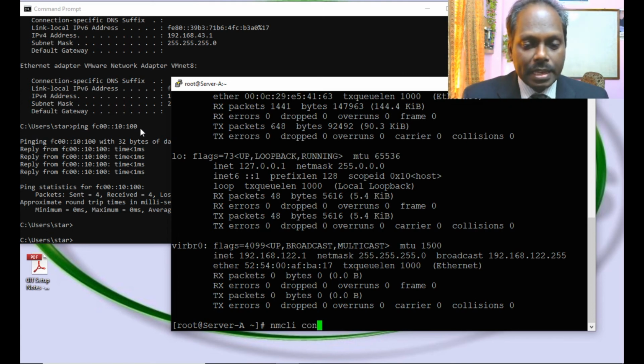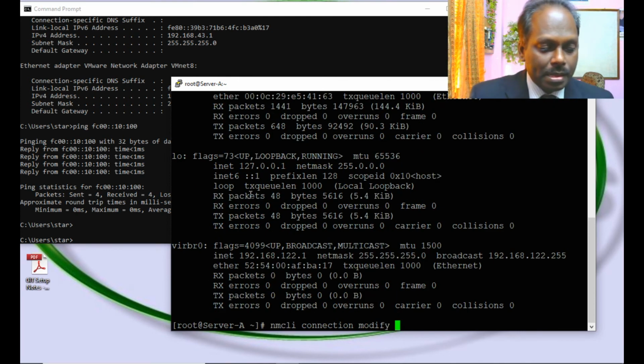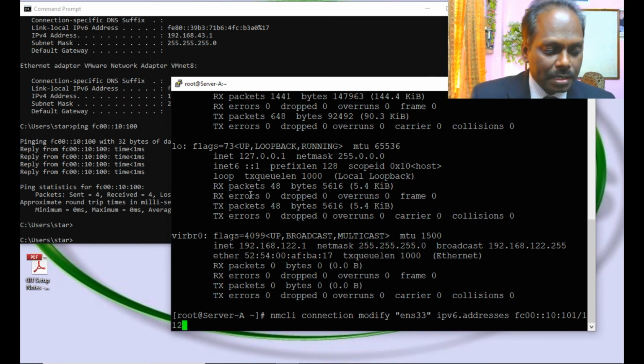With nmcli, I can say connection modify. The interface name is ENS33. ipv6.address is FC00::10:101, sorry, 101/112 is the subnet.